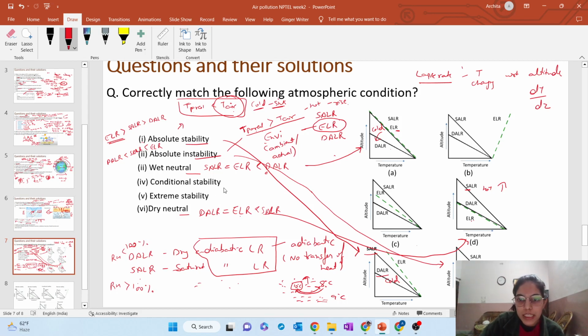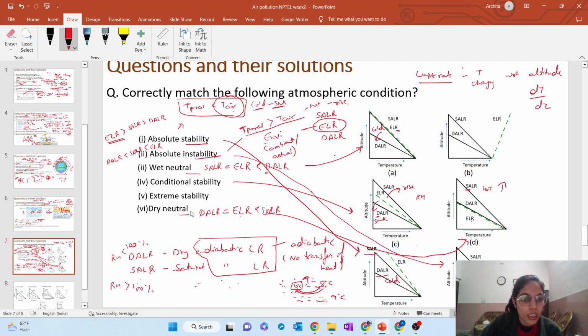Conditional stability means that in one condition it's different, in another condition it's different. Just the answer is C. So the ELR is in between. If the parcel is dry, it will sink. If the parcel is wet, it will rise. This is conditional stability, that it depends on the RH of the parcel, whether it will rise or